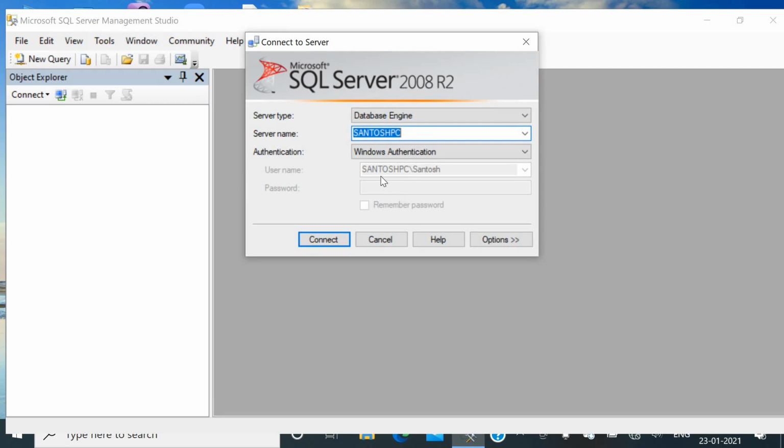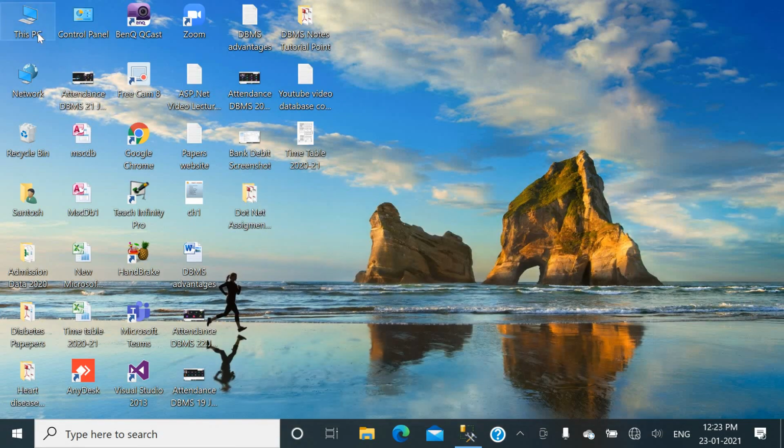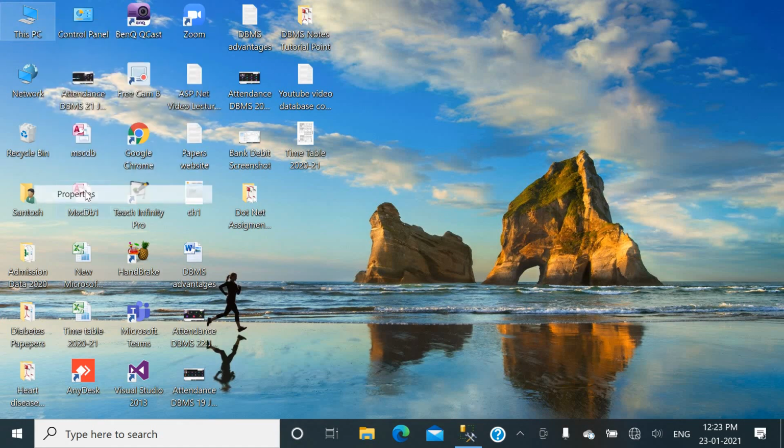In that dialog box, server name is by default displayed as Santosh PC, which is the name I have given to my laptop. So if you don't know the server name and your PC name, then you have to go to the my computer or this PC icon and choose the properties from it.